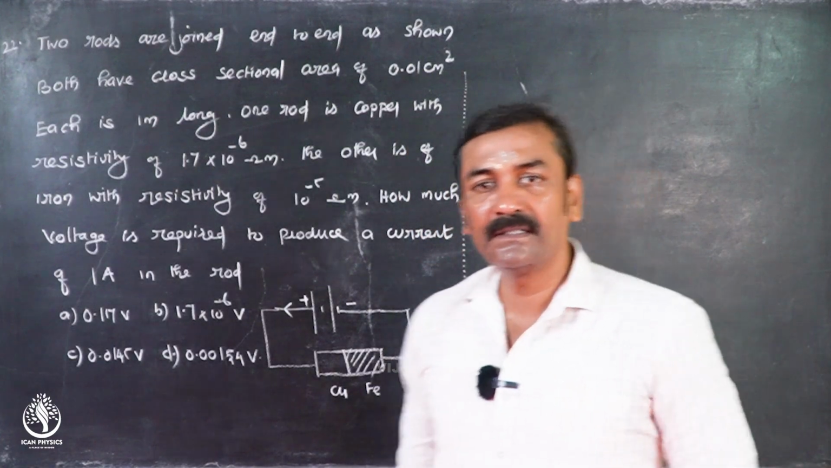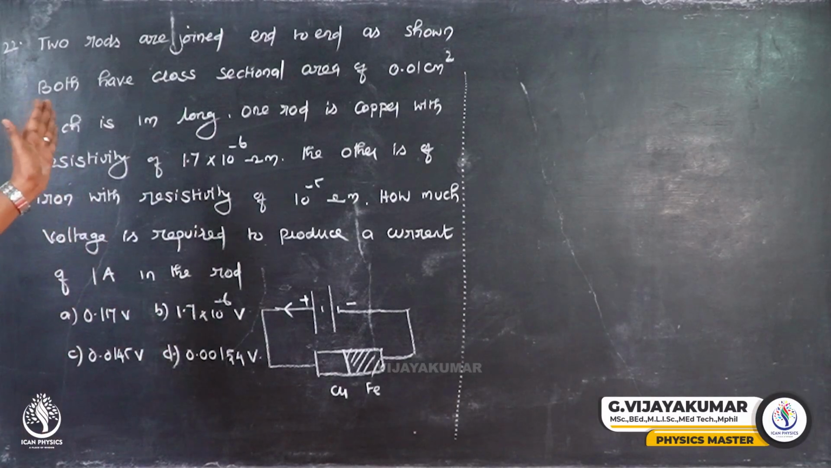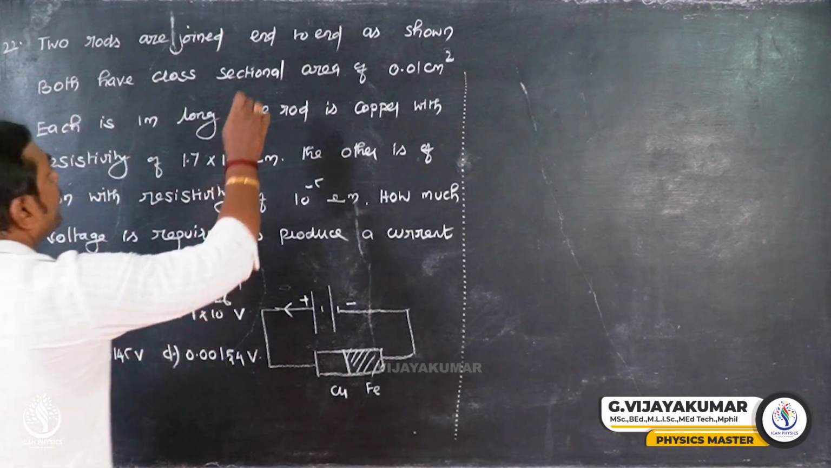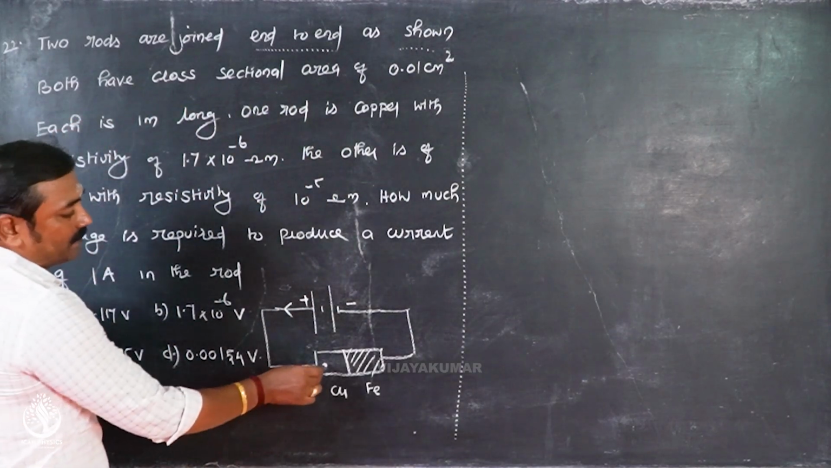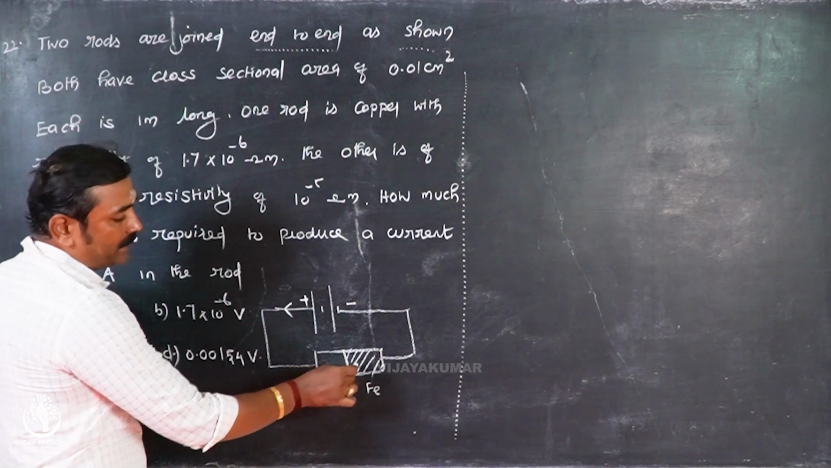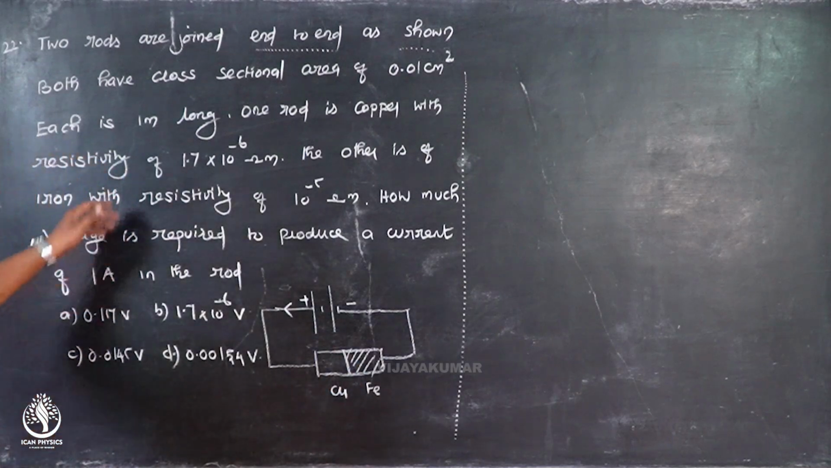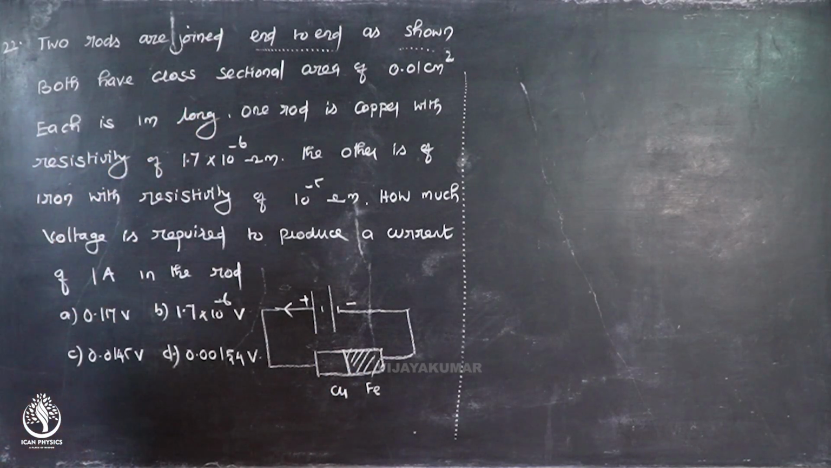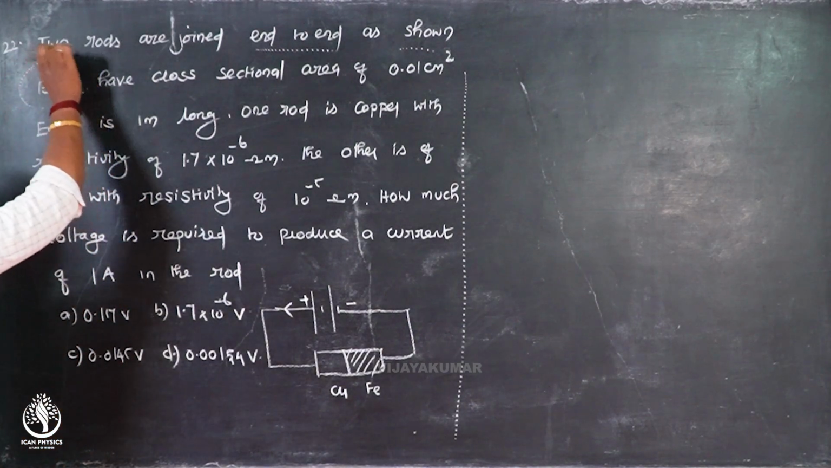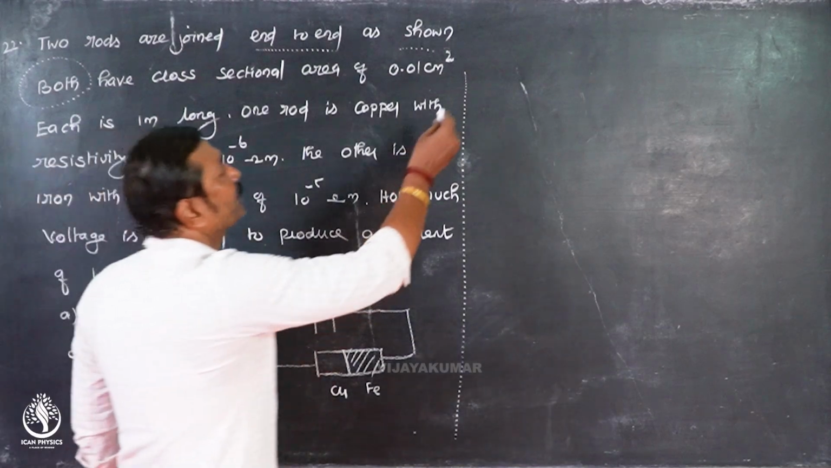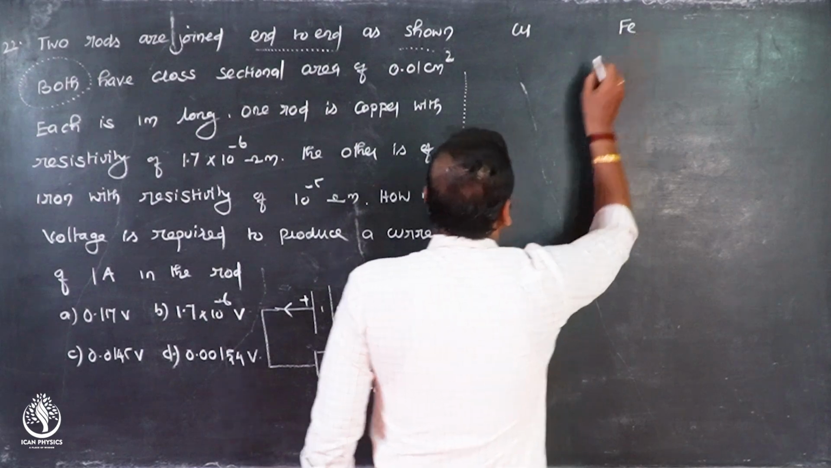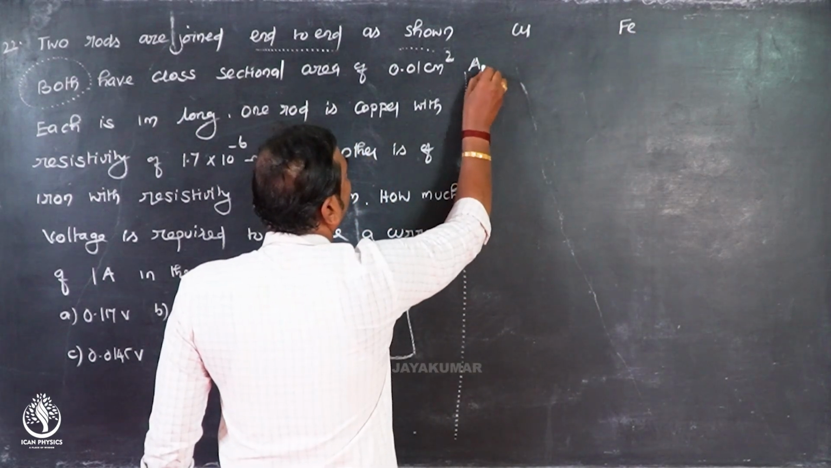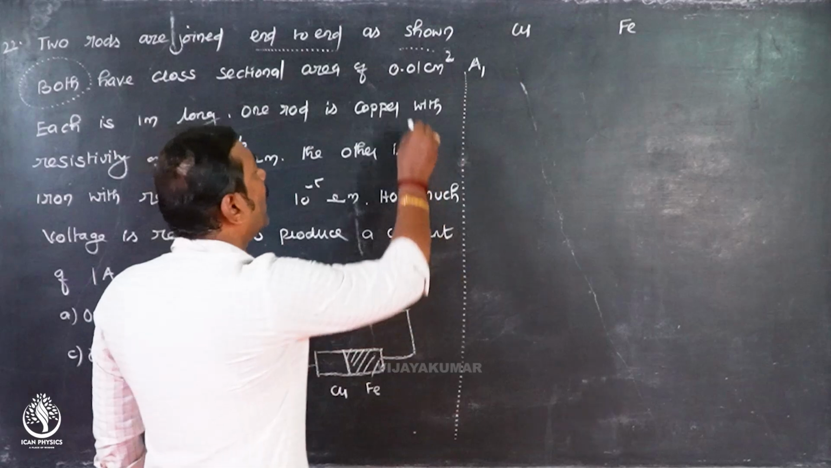So next, we will start the second question. The two rods are joined end to end as shown. So let us consider copper and iron. They are connected, of cross-sectional area of 0.01 centimeter square. So both have the same area. So now I want to go for copper and iron. So area of copper, it may be taken as A1 and it is